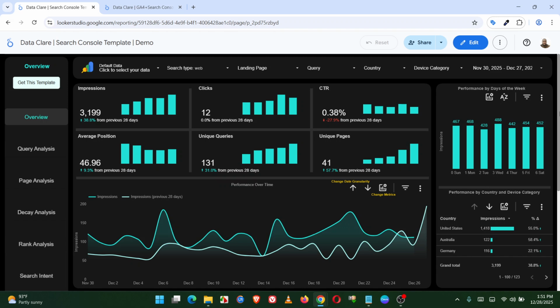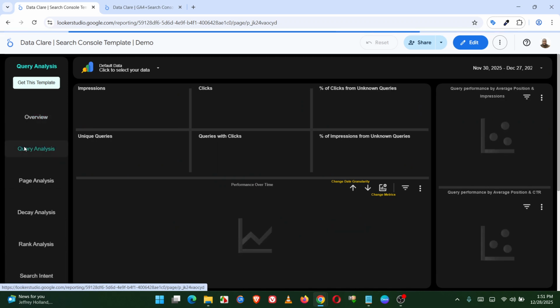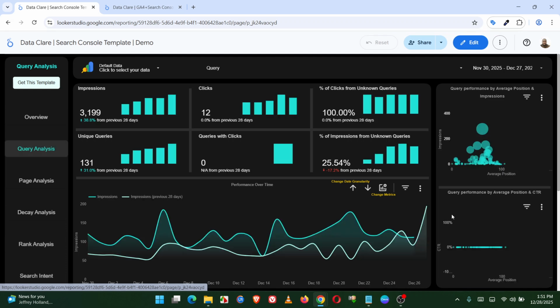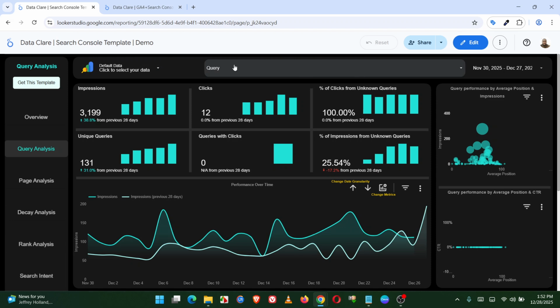So that's all about the overview page. The next page of the dashboard is the query analysis page. The sections are the same thing. You have the navigation for every page on this website. You have the navigation section, the key metric section, the trend section, then the breakdown section, and then you have the filter section. Sometimes in a few pages,